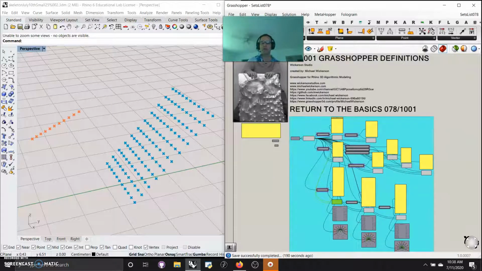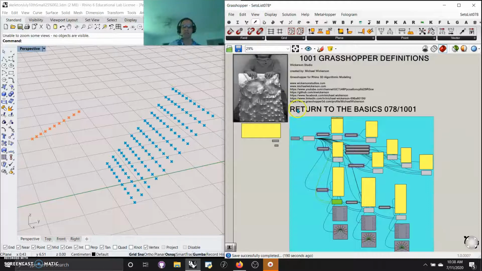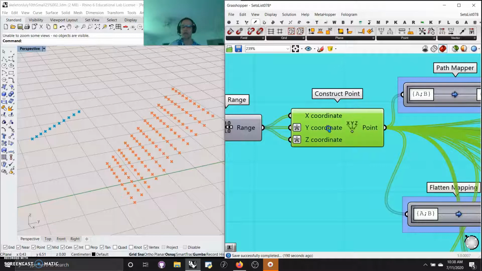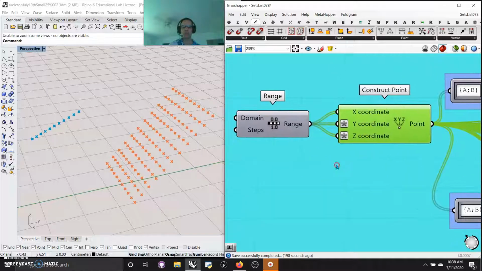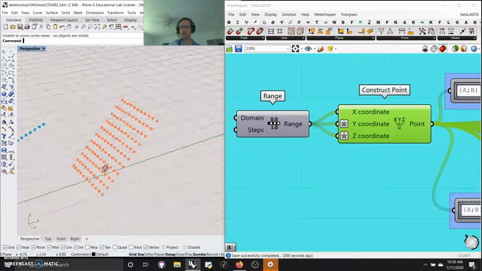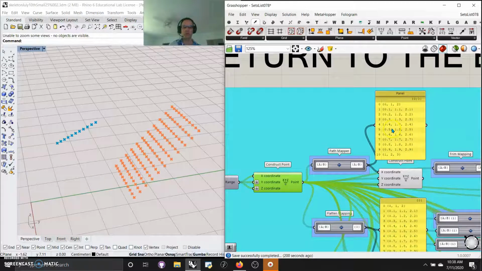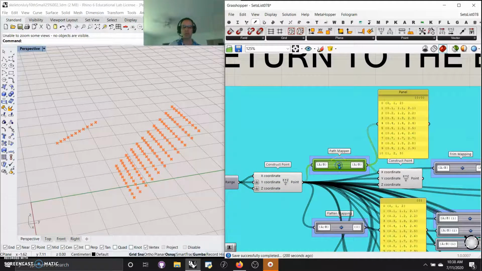So what I've done here to try and explain it is a path mapper. That's really what we're looking at. I've made a point system. I've constructed a range of points, and all I've done is added 1 to the y and 2 to the z. The reason I've done that is I don't want to see similar data on the points. So I want the point system to be, as I run it through a path mapper, mapping exactly